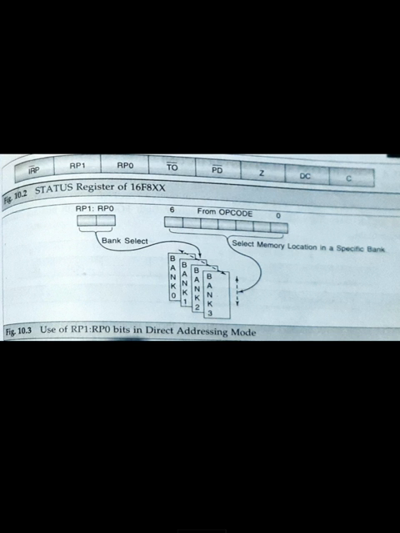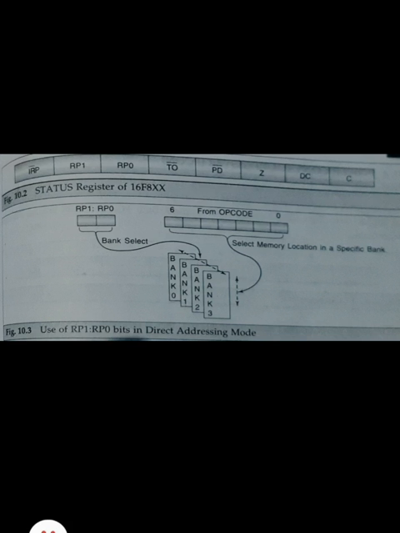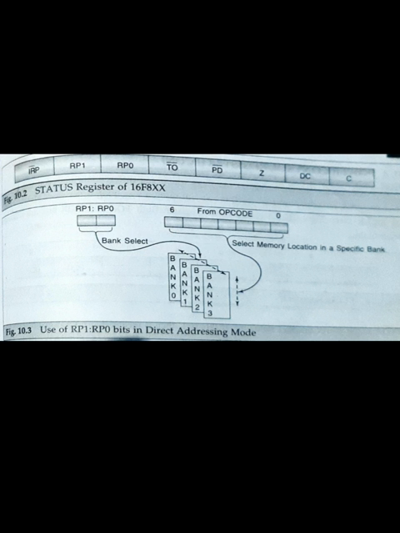In that case this flag is set, otherwise the flag remains in the reset condition. The next bit is bit 2, the Z or zero flag. This bit is readable and writable. The zero flag is activated when the result of an ALU operation becomes 0. In that case the zero flag is equal to 1, otherwise it remains reset, that is, when the ALU result is other than 0 the flag remains 0.